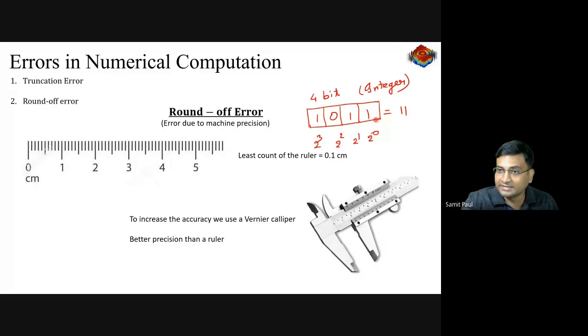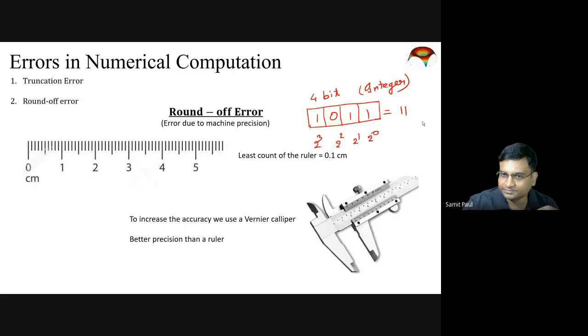That means if this is the box that I am given to store numbers, the precision will be 1. I cannot store 11.5 within this box. Can I store 11.5? No. For that, I must have some more boxes. Even if I am given, say, 20 boxes, still I will have some precision. There will be a limitation.